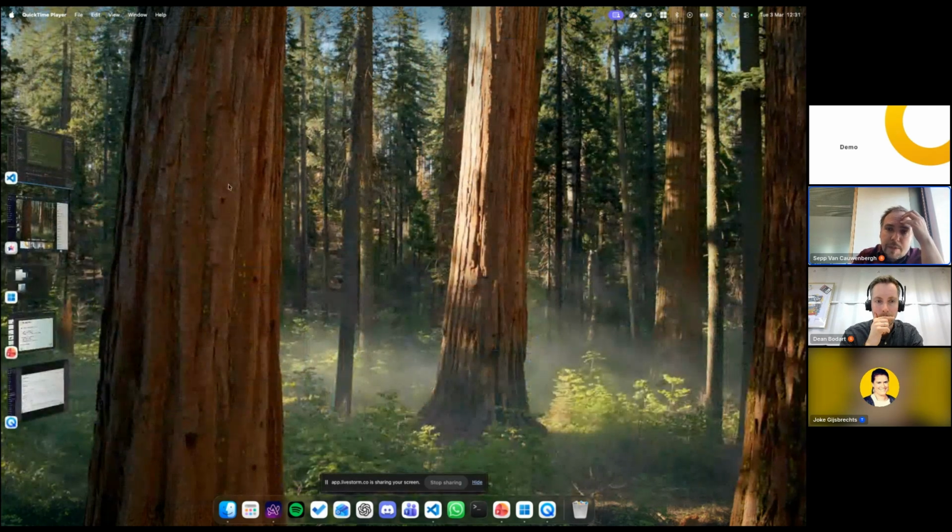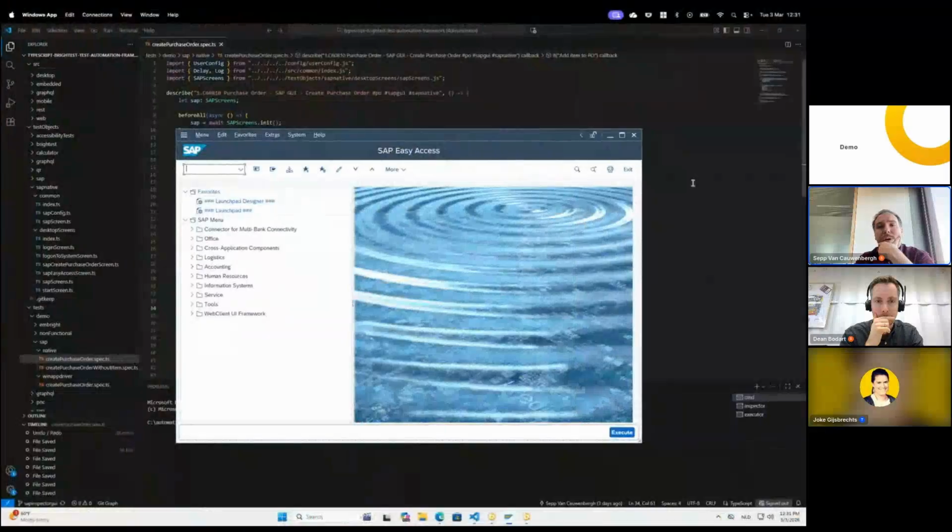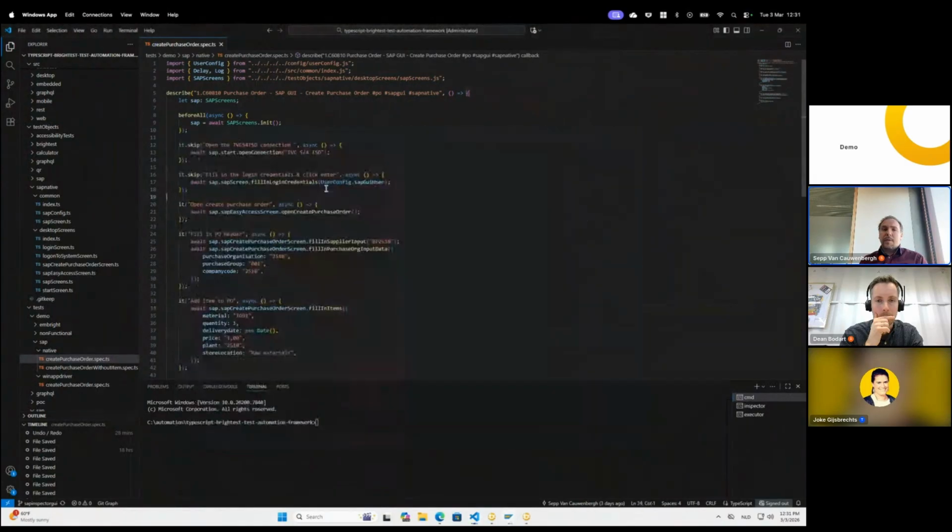Another demo I prepared was on the SAP GUI itself. And just to let you see how exactly it's different. Coding-wise, it's not different. And that's with a certain goal in mind. We want to have those results which are stable, but we want also the architecture from our framework to be the same, so it's easier to switch that context. And to do that, for example, here